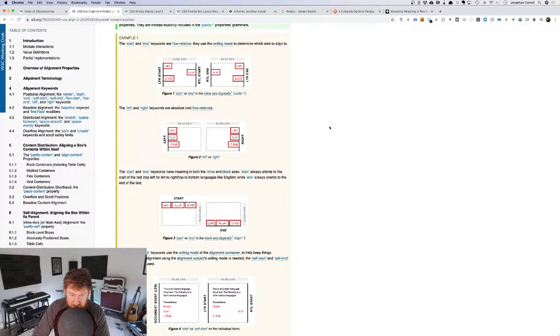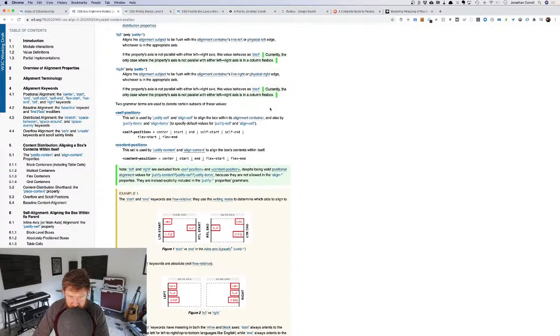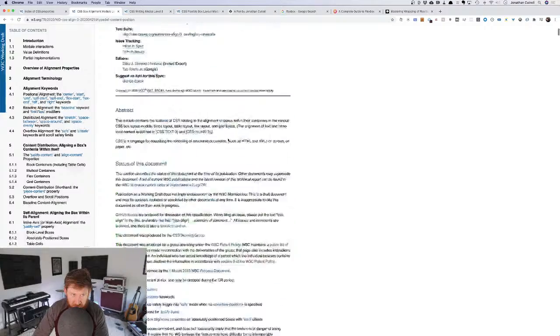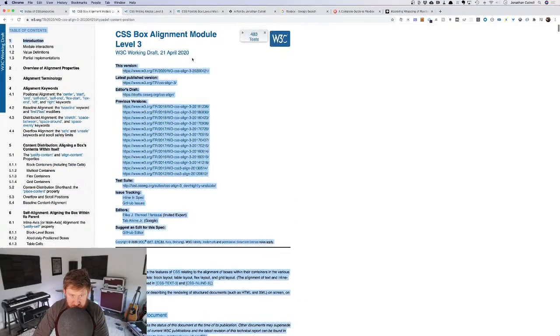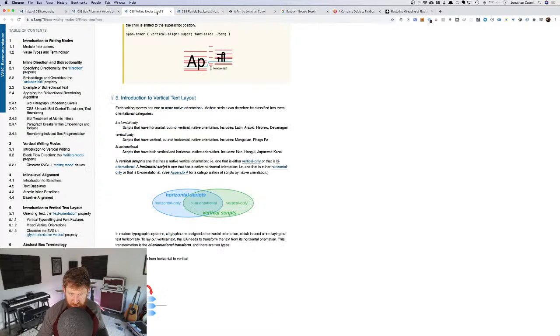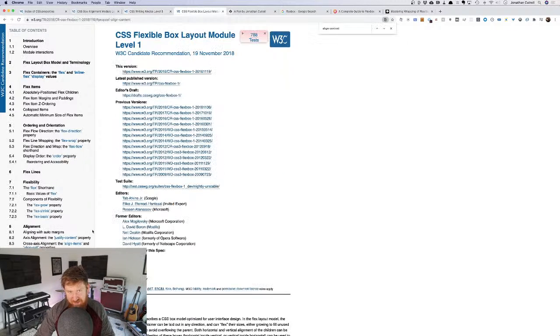This is a lot. And part of the reason why this feels a little bit more dense than our level 1, right? This is level 3. Remember, it's new. It's in working draft mode. That's part of the reason why it feels a little more dense, okay? Flexbox 1, this layout module level 1 has been around for a while. And whether that's because we kind of have the working language or because the level 3 hasn't been totally refined to be easily understood by the average developer like myself, in either case, Flexbox 1 is a little bit easier